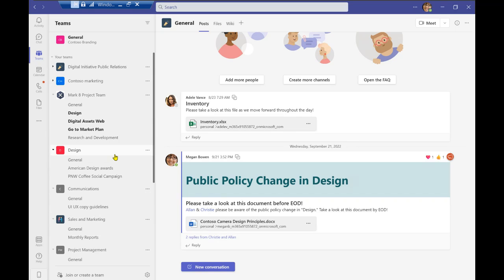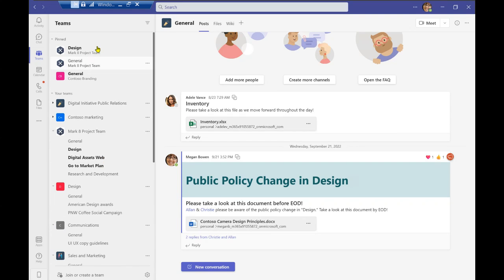So these teams are dedicated to a specific topic, as I said before, or a project that Megan is working on along with her colleagues, and along with those projects, they're divided into specific categories that they can work on as well. Now, accessing all of your teams, you can go ahead and view them over here